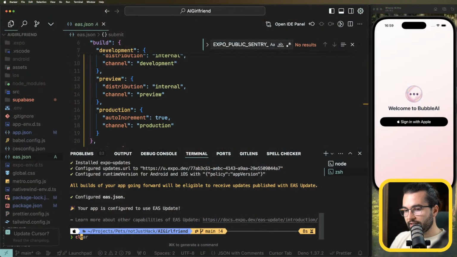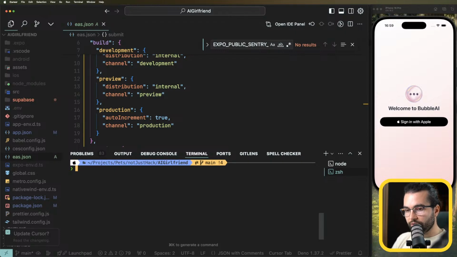Where is it? Here. Oh, my keyboard was disconnected. Save. Okay, now the environment variables are there, and I think we are ready to go ahead and start a new